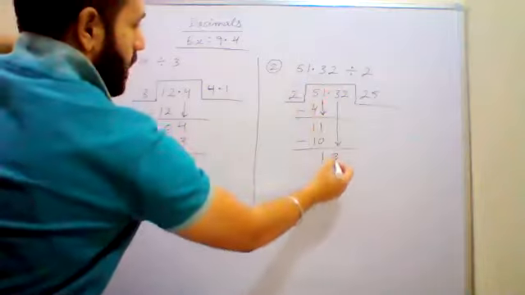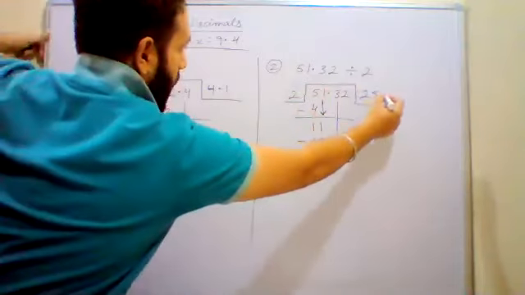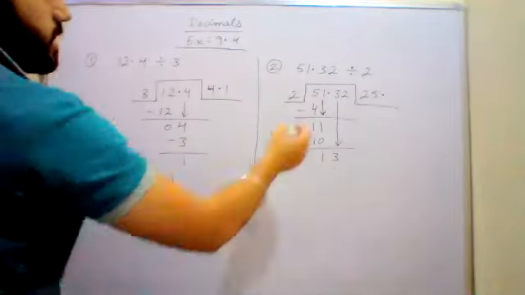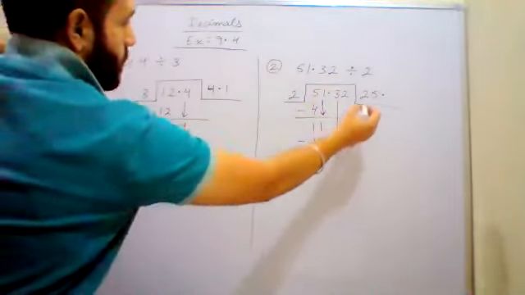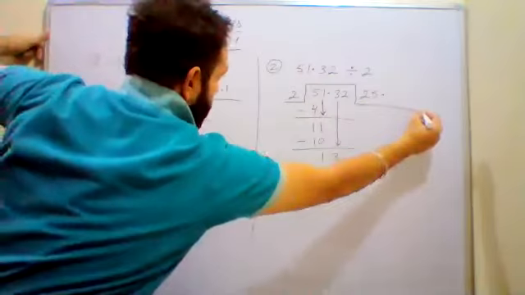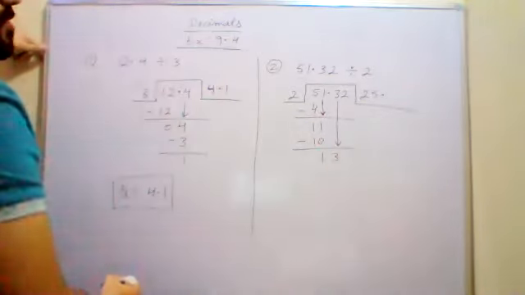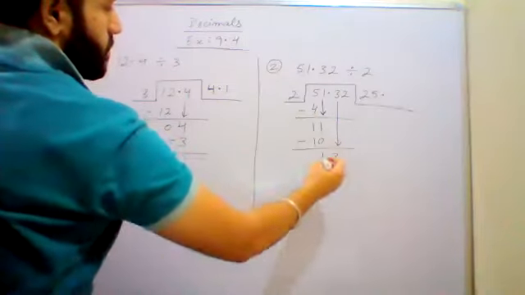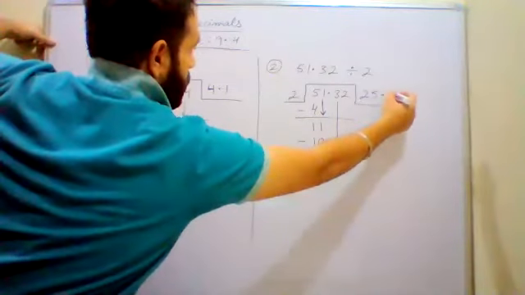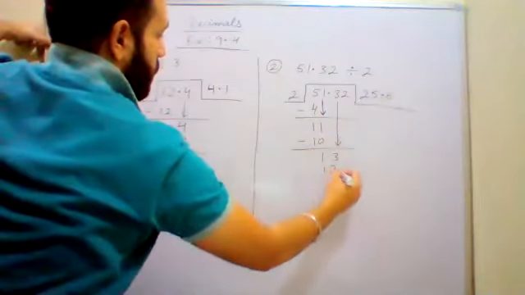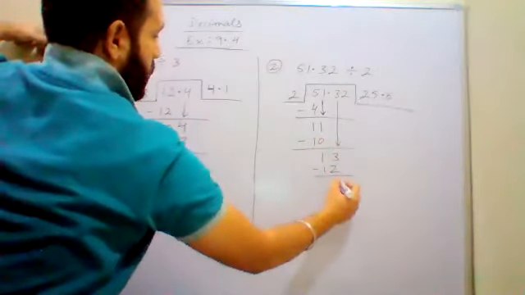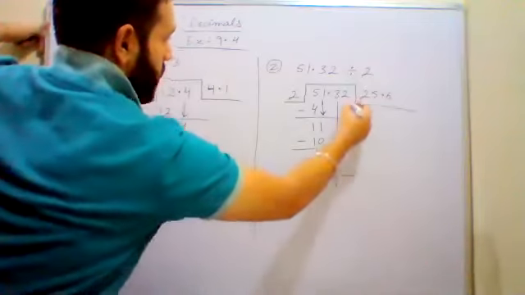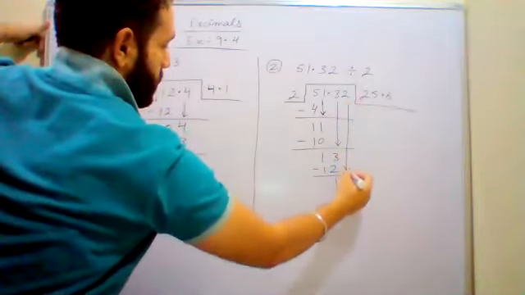As soon as you copy down the digit which is after decimal, you write the decimal in the quotient also. जैसे ही डेसिमल के बाद का डिजिट कॉपी करा वैसे ही क्वोशंट में डेसिमल लगा दीजिए. बस खत्म, और कुछ चेंज नहीं है. So now this is 13. 2 6s are 12. Subtract, remainder again 1. What is the last digit left? Last digit is 2.